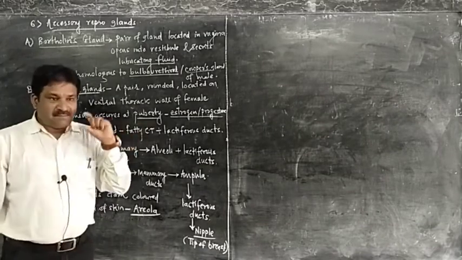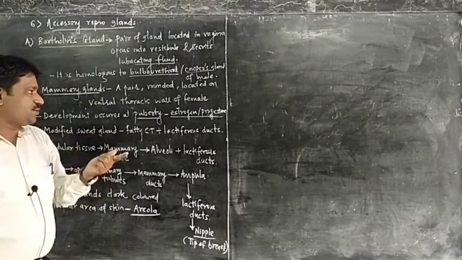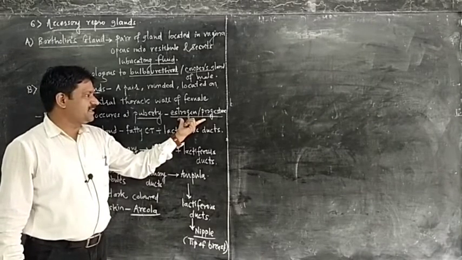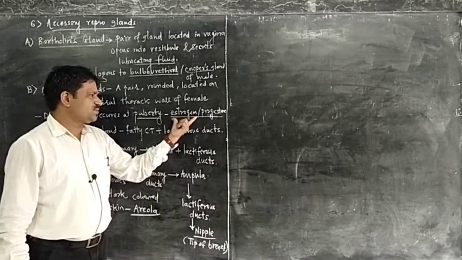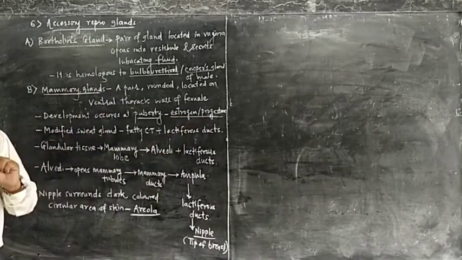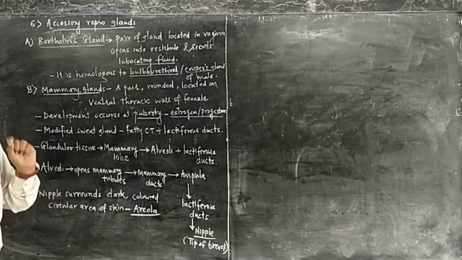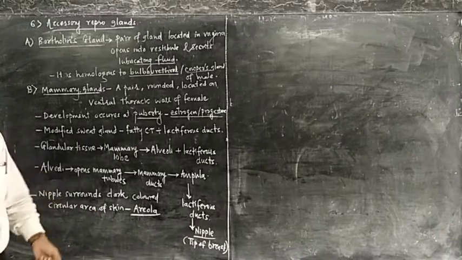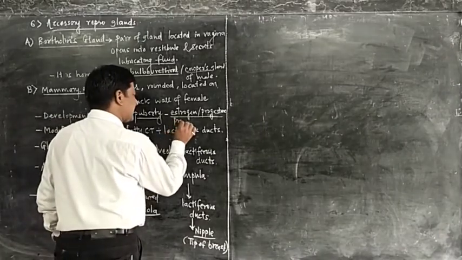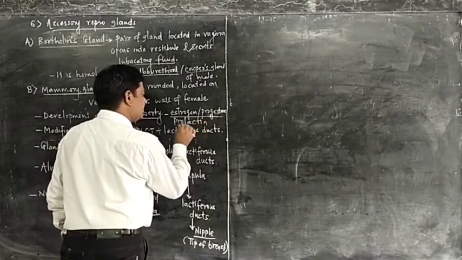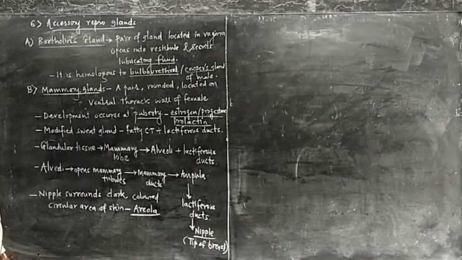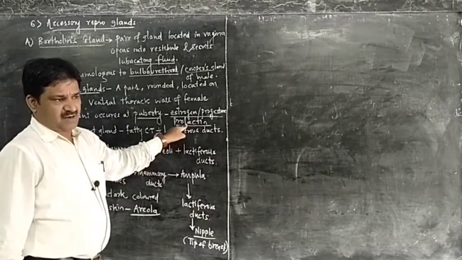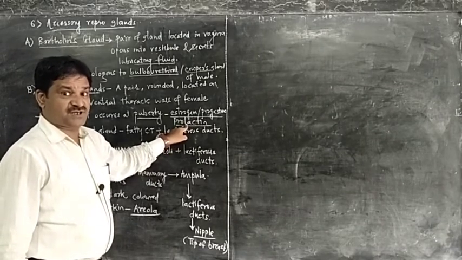Means that in the particular age of puberty, the girl remains under the influence of these hormones, estrogen and progesterone. And during the time of delivery or parturition, another hormone works. That hormone is prolactin. Prolactin works after delivery, because prolactin is also called the milk ejecting hormone, because after delivery these mammary glands secrete milk.